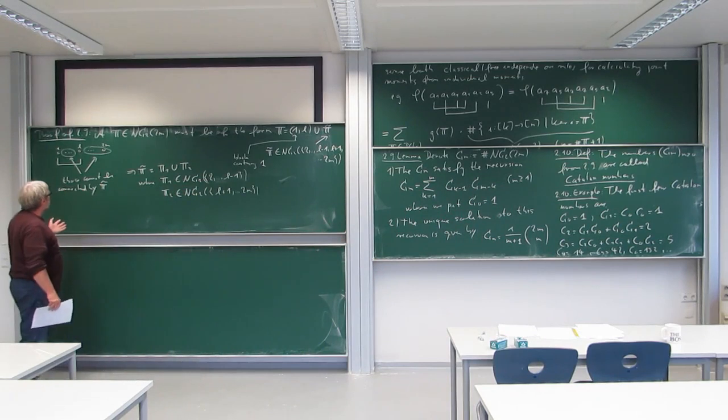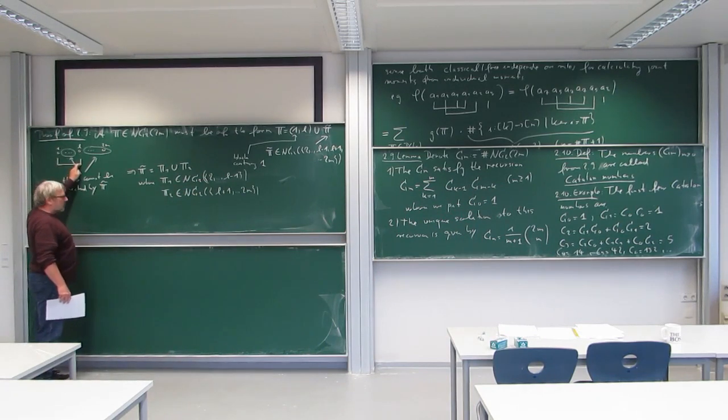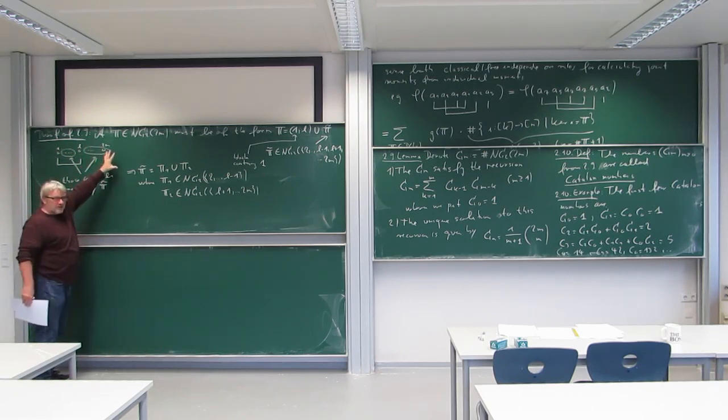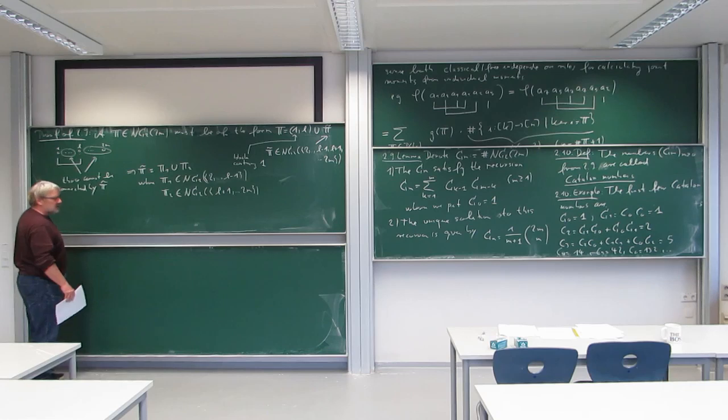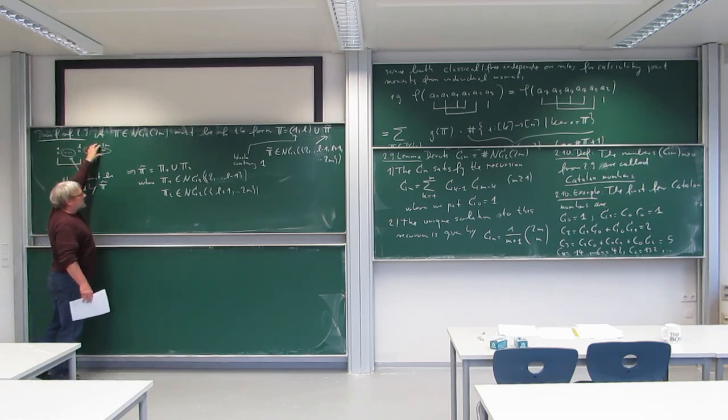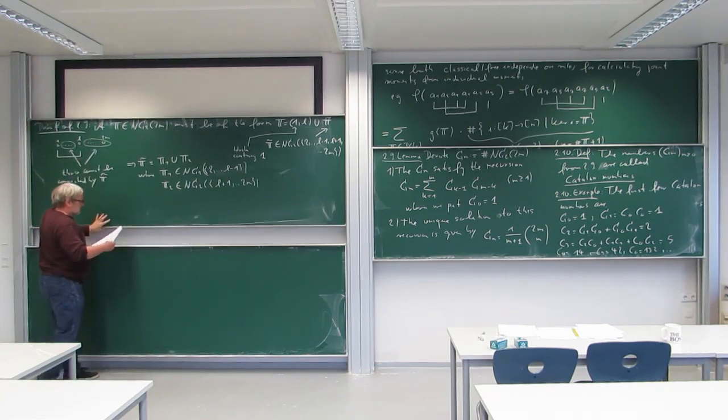This means whenever I take such a block, and I take a non-crossing pairing here and a non-crossing pairing here, then this gives me a non-crossing pairing of the whole thing. So my counting is now recursively reduced to counting how many possibilities I have for choosing this first block, and then I have the number of non-crossing pairings here multiplied with the number of non-crossing pairings here, because for any guy here I can take any guy here. So this means